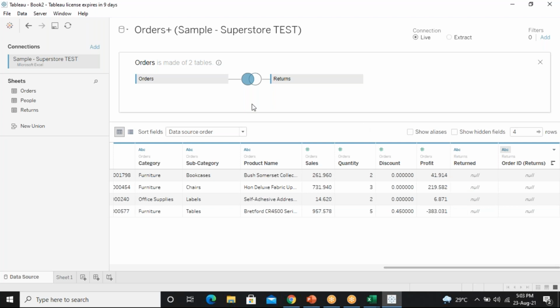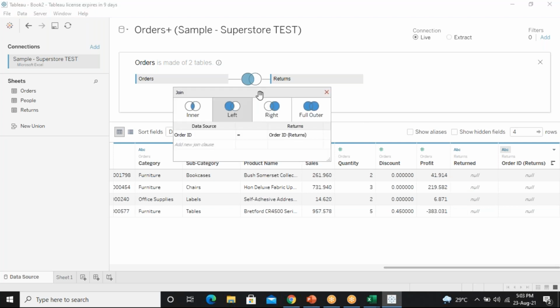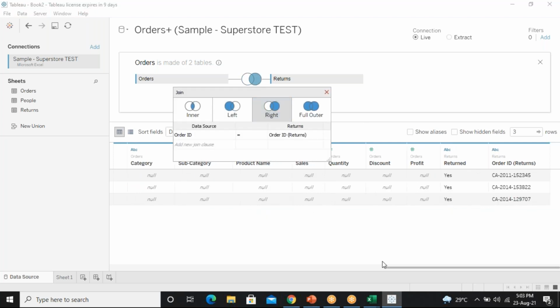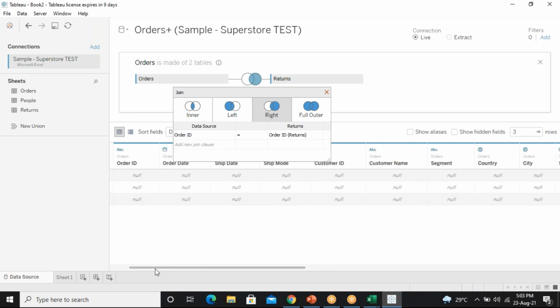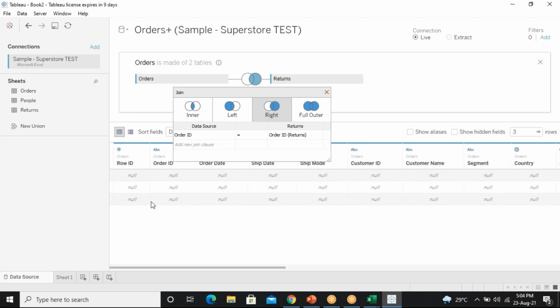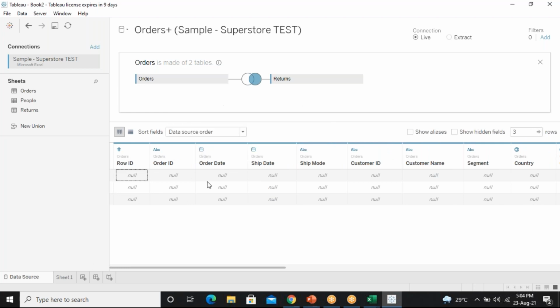Okay, now next I'll go for right. For right, why am I getting these all null? Nothing is common from the right side for the left side.